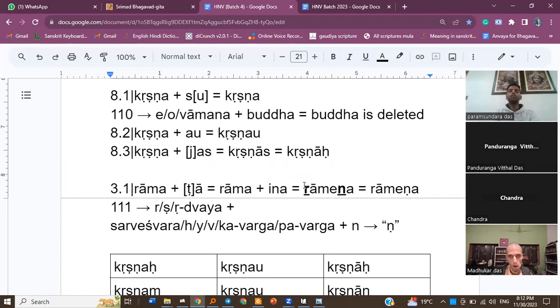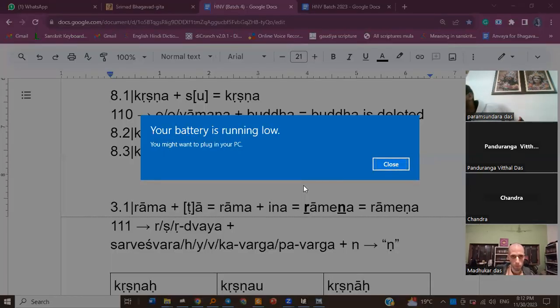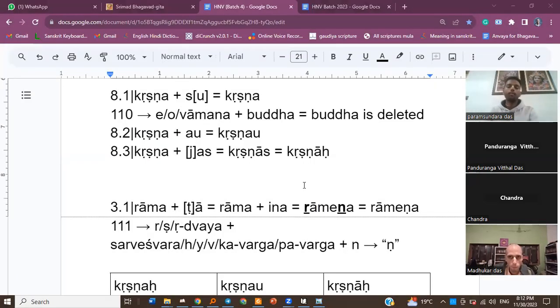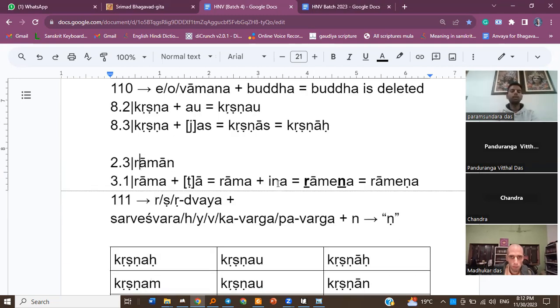An example of when this Na Rama is situated at the end is 2.3 of Rama. So that would be Raman. 2.3 like Krishna, so we'll get Raman. So here we can't apply this sutra 111. Why? Because although all the prerequisites are being fulfilled, this Na Rama is situated at the end. So we won't turn it into Na. It will remain the dental Na. So that's the only difference. So this process of turning Na into Na is called the Anatto Vedi.